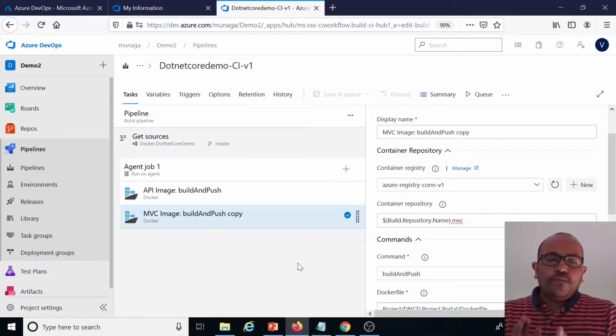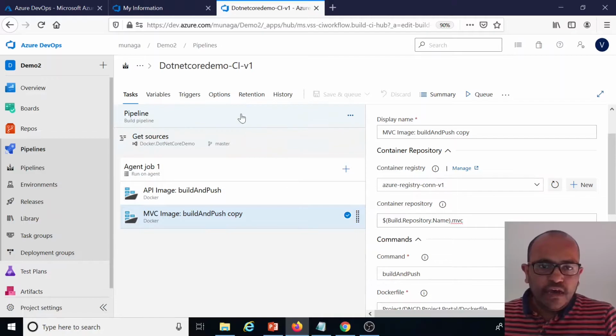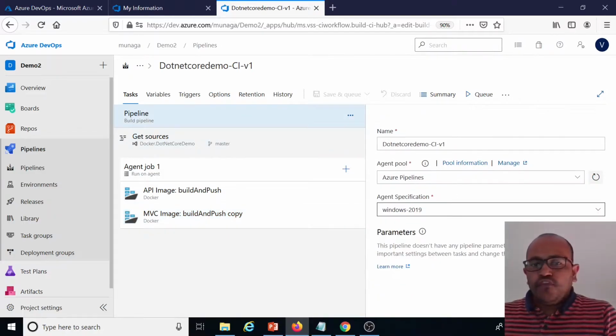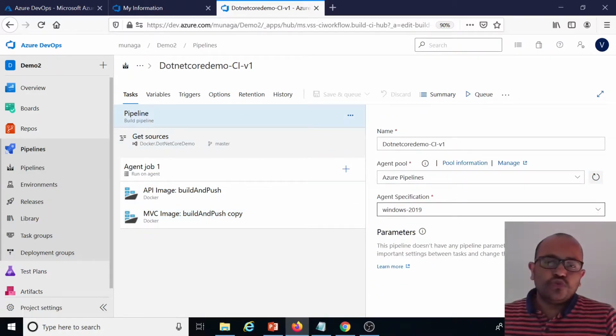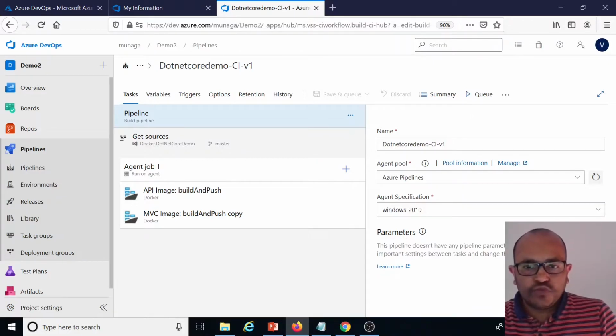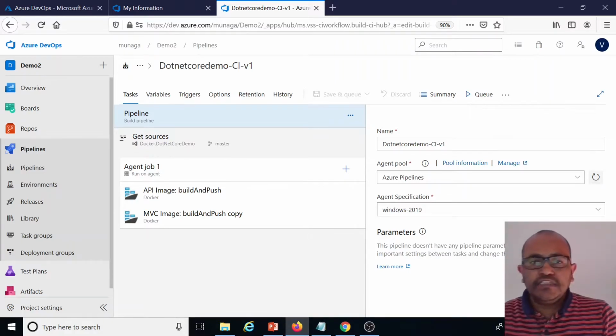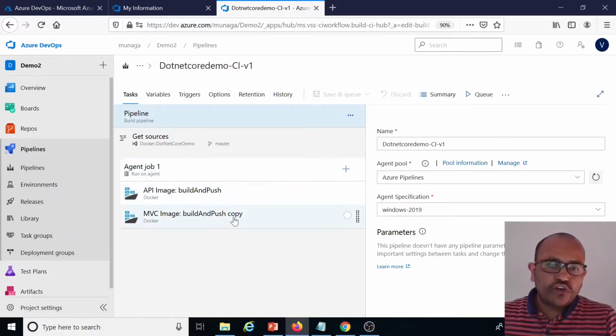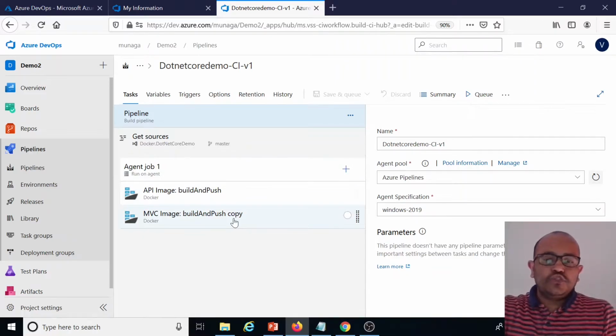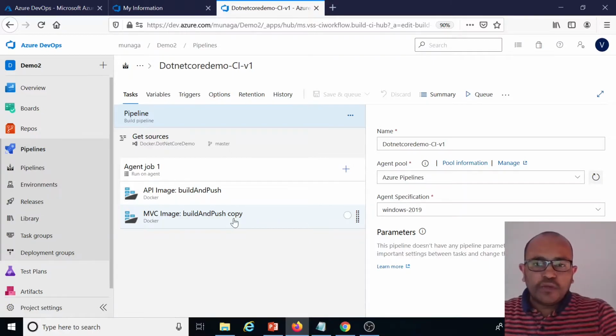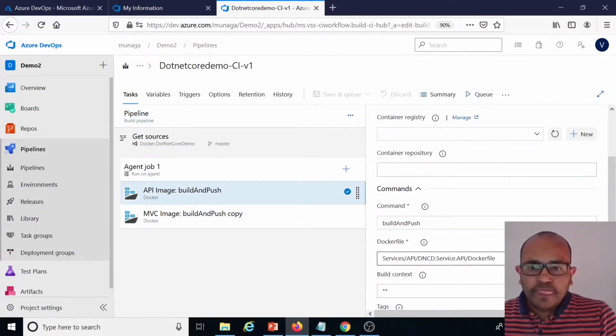One more important point: if you see the build pipelines, we are giving the agent as Windows 2019. That means when you run this build, it will allocate one virtual machine or a container which has Windows 2019, and it will try to execute your task within the container. So that container should contain your repository, right? Your code also has to be there, because you are giving the Docker file here.